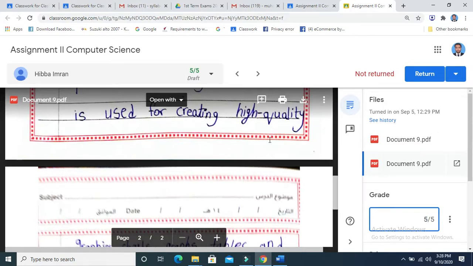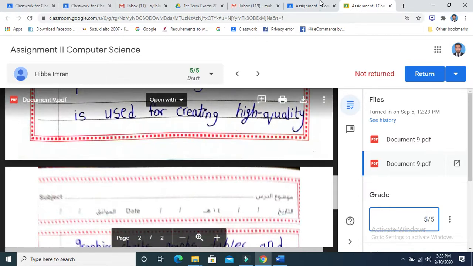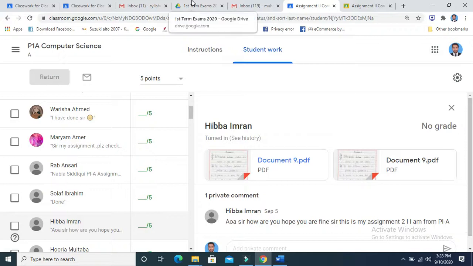So I hope all these things are now clear from A to Z: how we will make the paper, how we will convert the MCQs paper into a quiz.